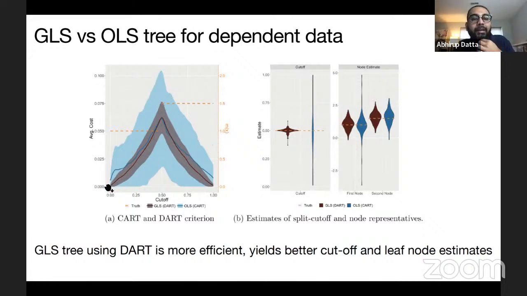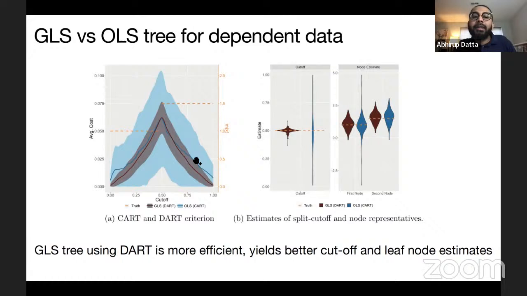Now we look at where the loss function is maximized for both the OLS, which is the blue, and the GLS, which is the red. And they're both maximized around half, which is good because that's where you want to split the node. But if you look at the uncertainty associated with each of these, the GLS has much narrower uncertainty, given by the brown band, and the OLS has a very wide uncertainty, given by this very wide blue band.